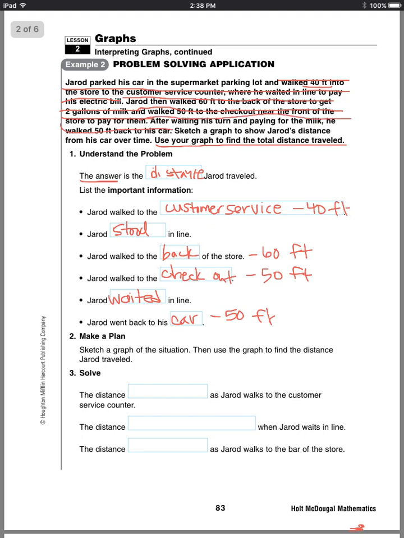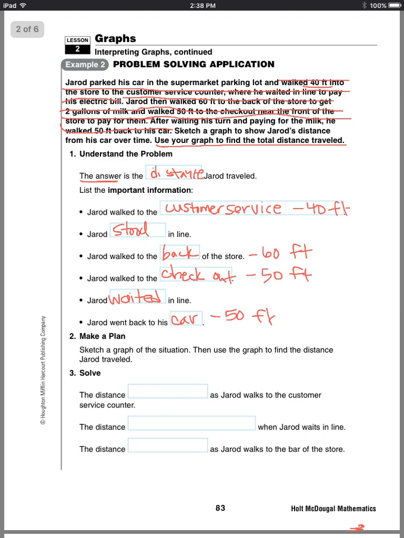Okay? So we have everywhere he went and how far it was to each one of those places. Now we're going to sketch a graph to see the total distance that Jared traveled. So we're going to go to a different place to do that. Hold on. But before we sketch that graph, let's look at filling in the rest of this because we already